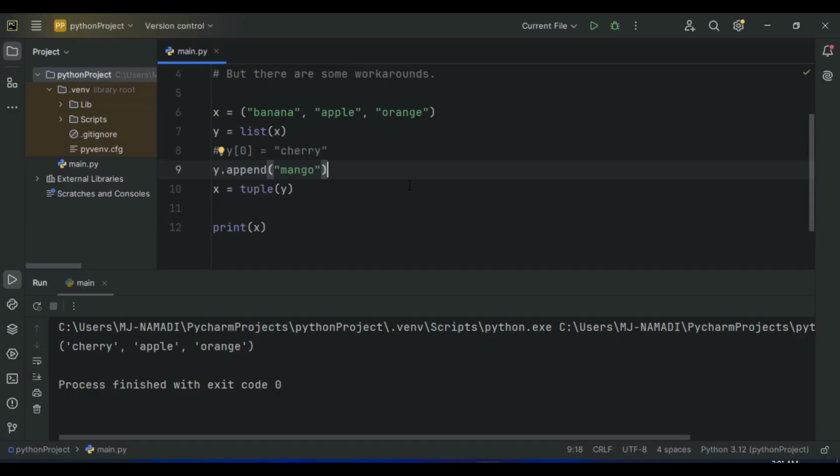And now after that, we convert it back to a tuple. Now we should have banana, apple, orange, and mango. It should be appended at the end of our tuple. So now let's go ahead and run our script. As you can see, we have successfully added